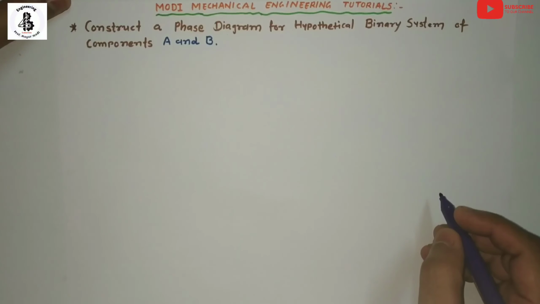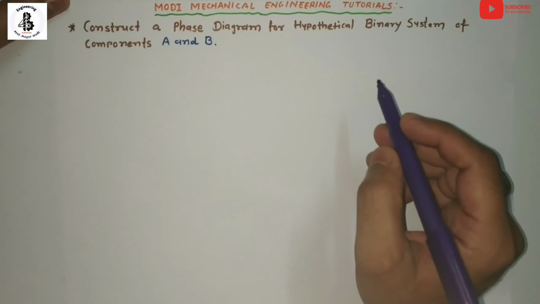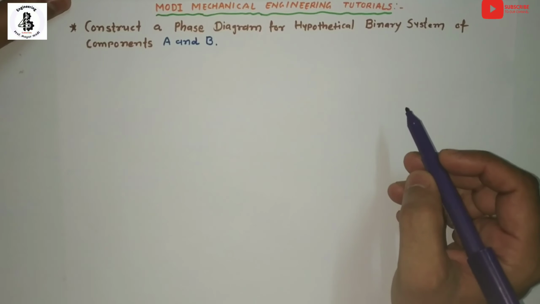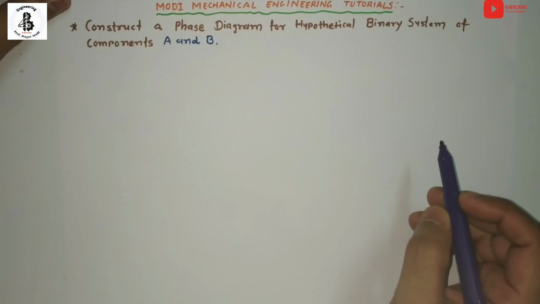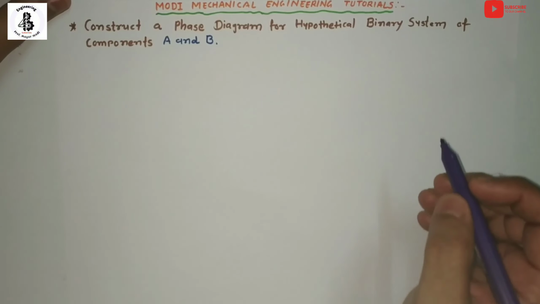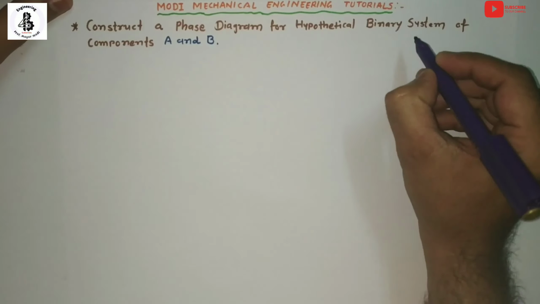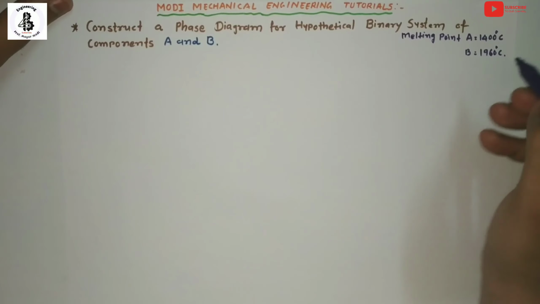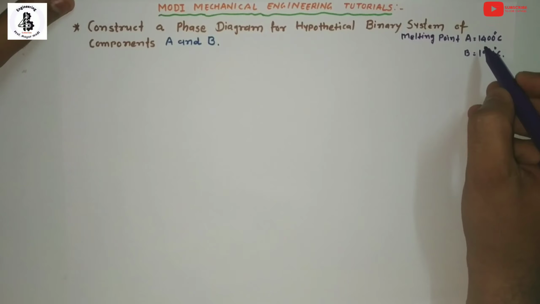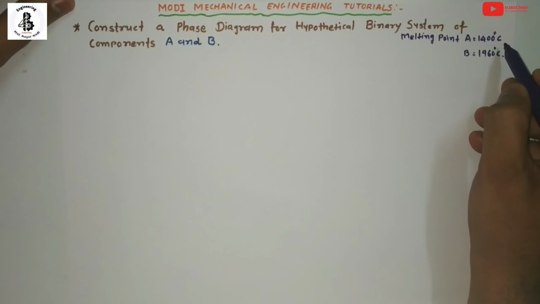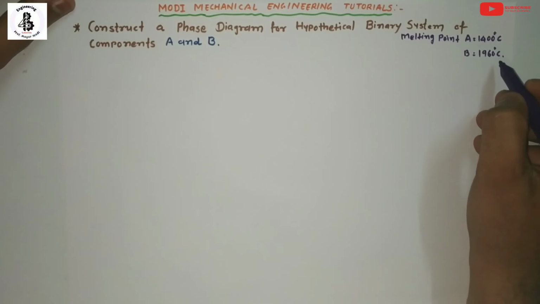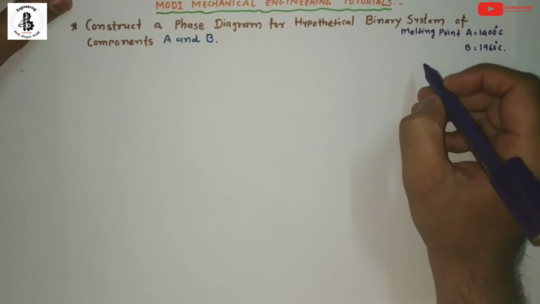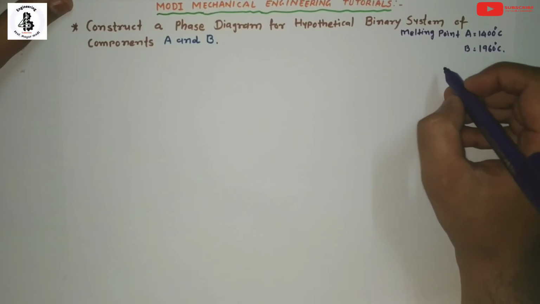So in this video I would like to draw, or you can say construct, a phase diagram for a hypothetical binary system of components A and B. So first of all, starting with the melting point of A and the melting point of B. The melting point of A will be 1400 degrees centigrade, and the melting point of B will be 1960 degrees centigrade. So here it will be the eutectic temperature